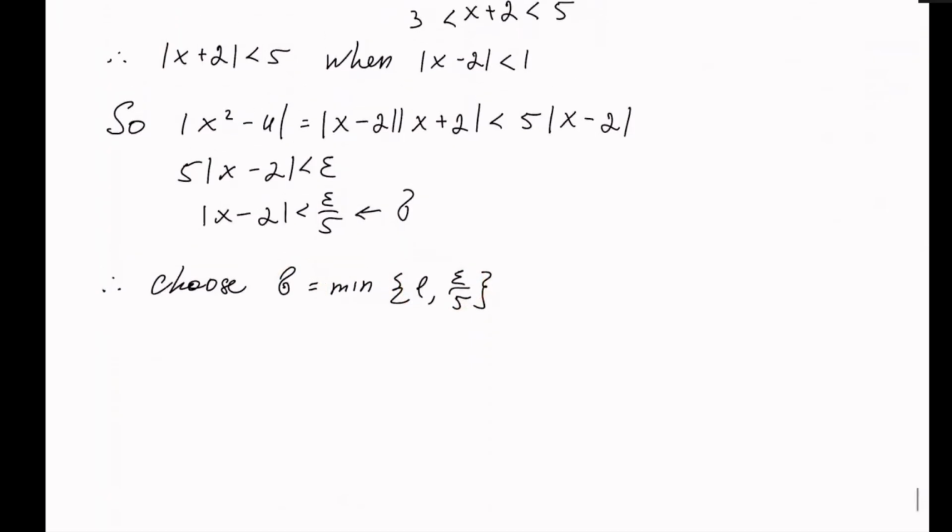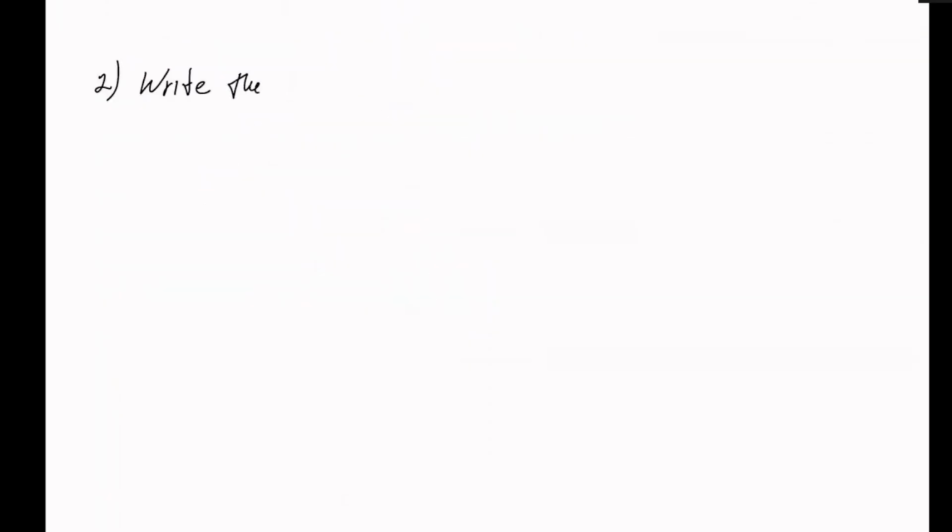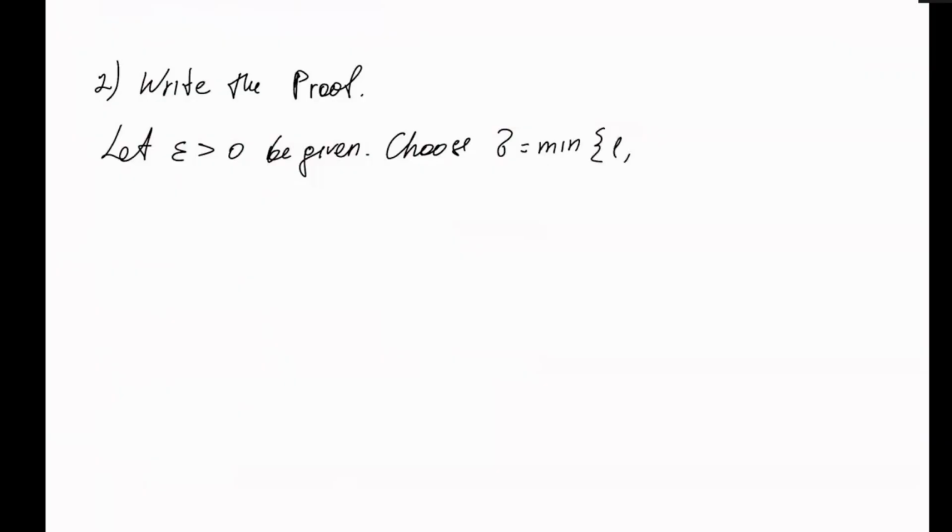Now, going to the second step to write the proof. So let epsilon greater than 0 be given. Then choose delta to be the minimum of 1 and epsilon over 5. Assume the absolute value of x minus 2 is less than delta. And since